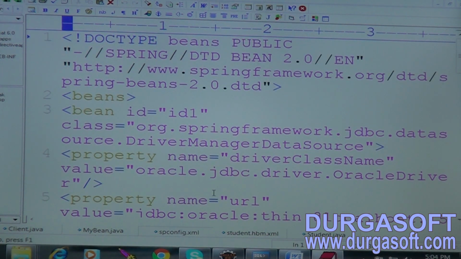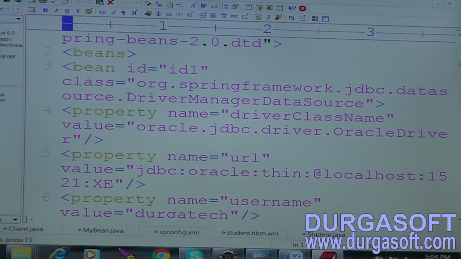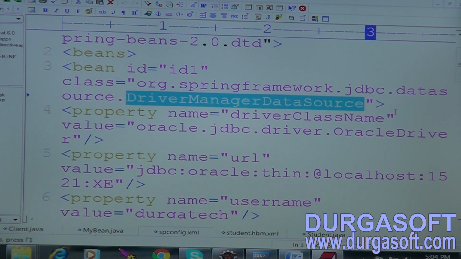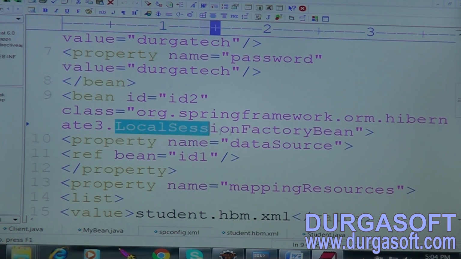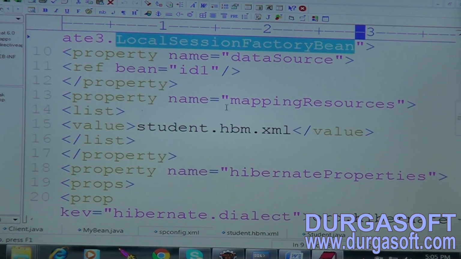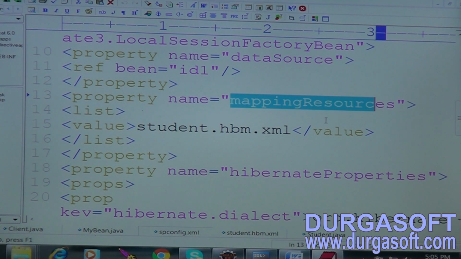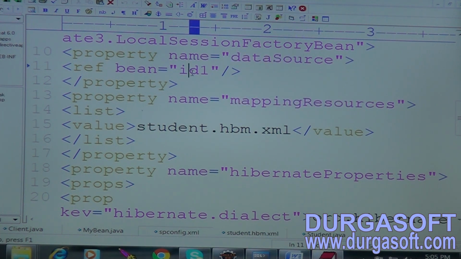Coming to the Spring configuration file. This is the driver manager data source. Then here I am going to take the local session factory bean. Under that, mapping resources, student.hbm.xml. The data source connection object I am passing.